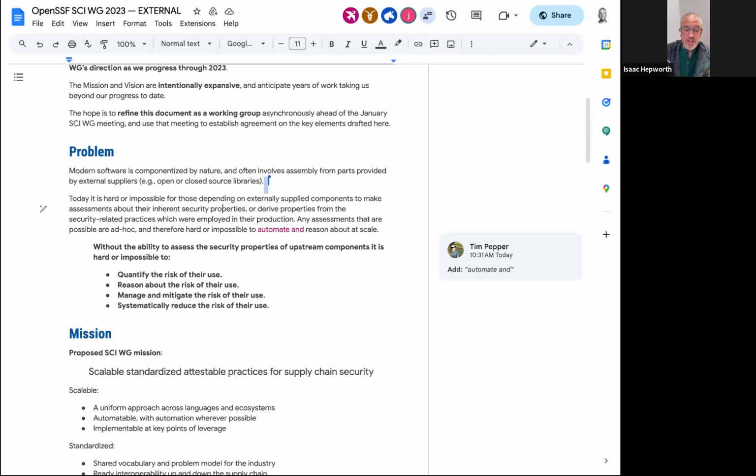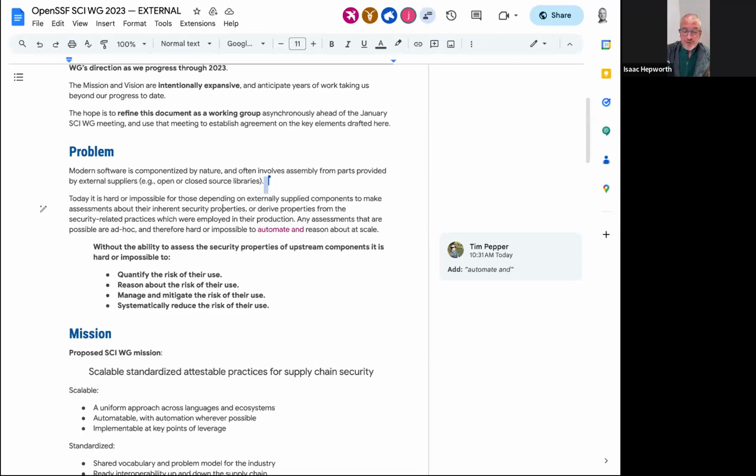And so the supply chain integrity problem tends to be borne by those who are consuming from something upstream and are in a position of not being able to reason about or measure or manage or mitigate or reduce the risk that they're ingesting as they rely on externally supplied components. And so I think if we want to solve this problem, we will be led to solutions which have implications